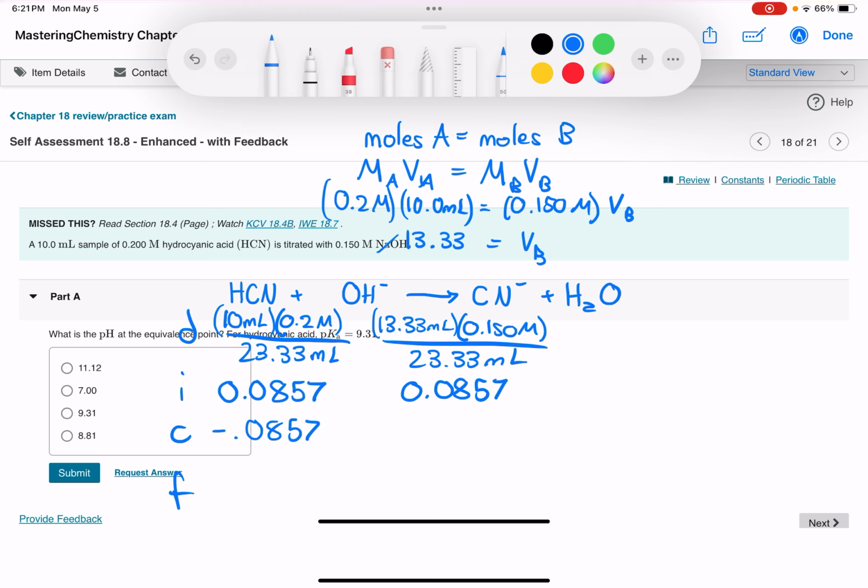So I can't subtract the smallest because there isn't a smallest. I just subtract. Both of them come out to be 0. And the CN minus, we didn't have any to start. And we actually add